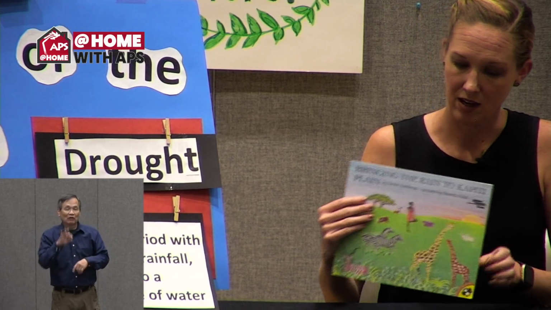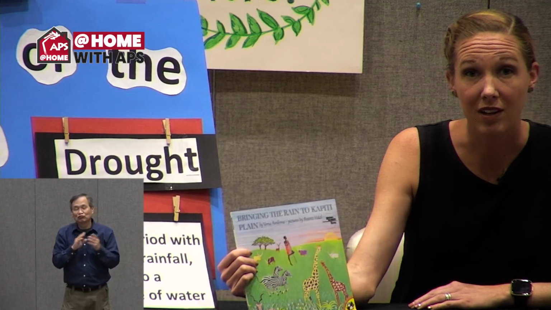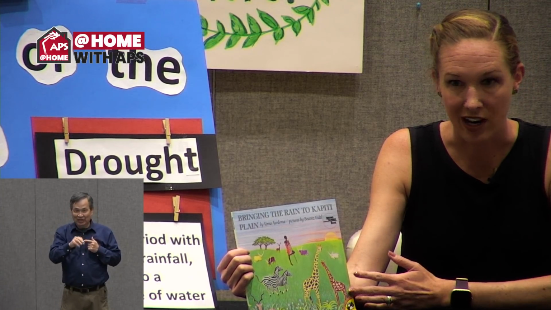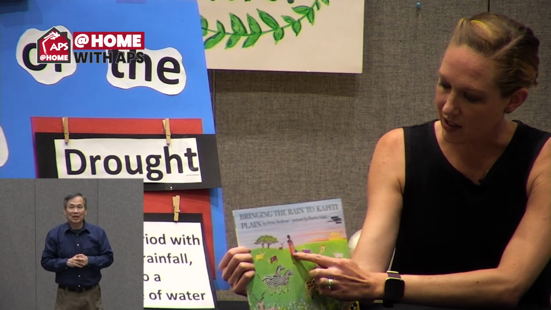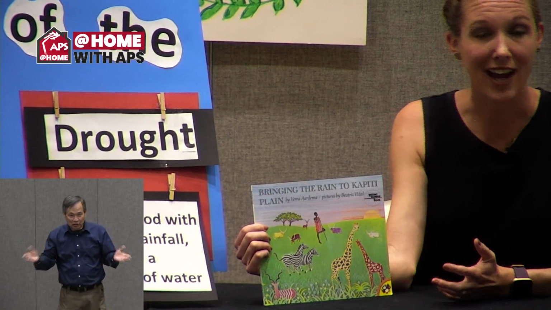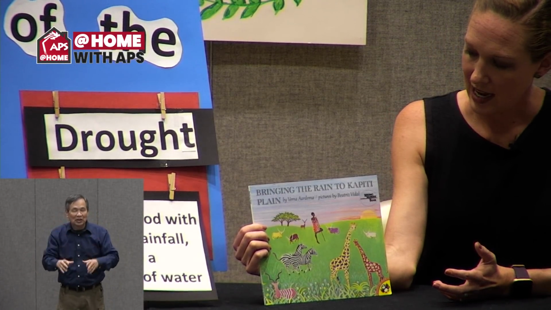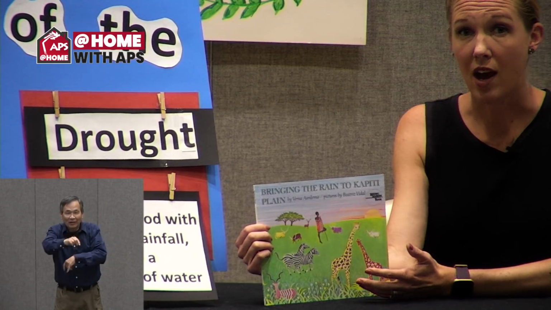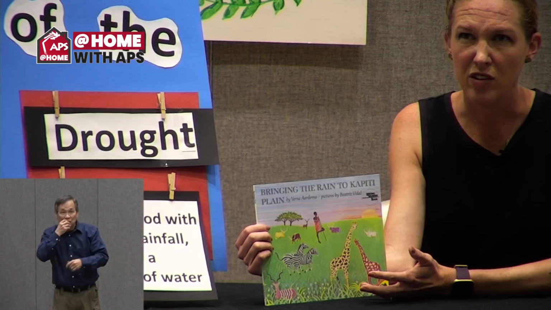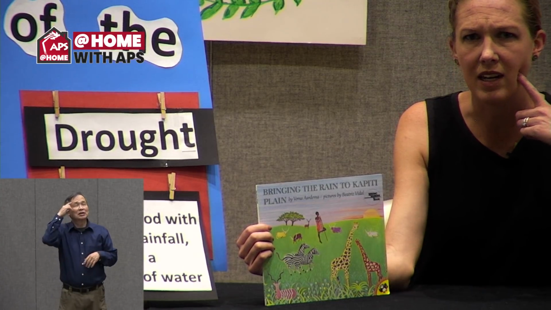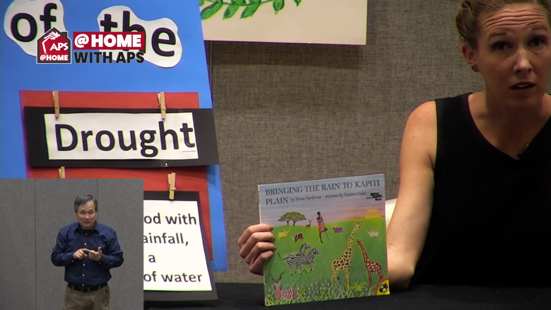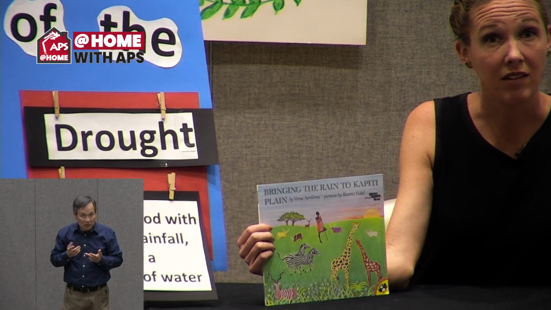This folktale comes from the Nandi people who live in Kenya, which is in Africa. And as you'll hear in this story, our main character, maybe you can see him here, he's a herdsman. That means he takes care of the cattle on his farm. And he has a very important job to make sure his cattle get what they need. Think to yourself, what are some things that cows might need? Food, water, maybe a place to live, kind of like us.